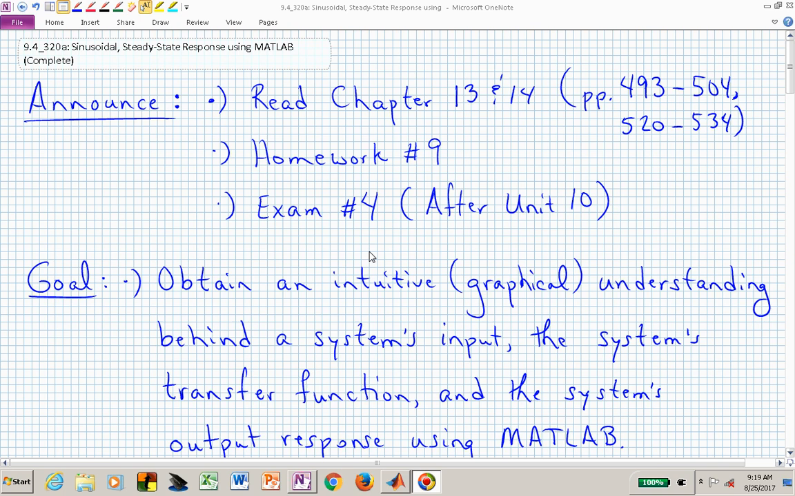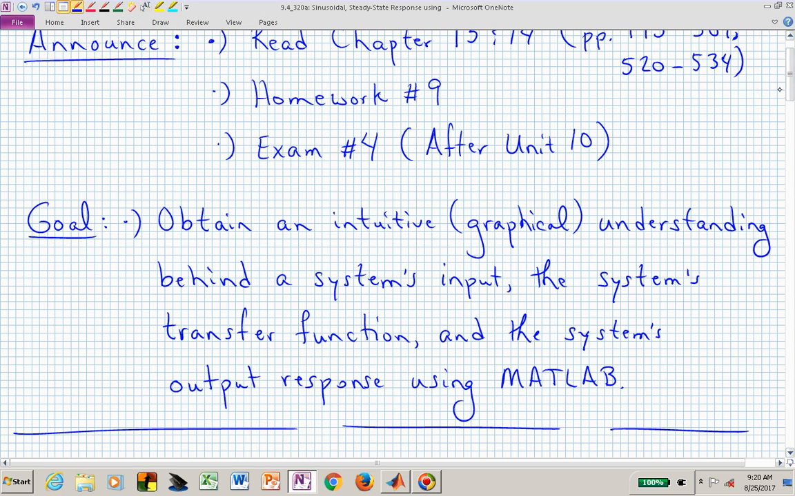We are in Unit 9, which is our transfer function unit, and we're trying to gain better understanding of how a system's transfer function helps us determine what will be the output response of a system when we apply particular input waveforms. And in this particular video, what I want to do is talk about how we can use MATLAB to actually provide us with a way to develop an intuitive understanding through the graphical figures that MATLAB is able